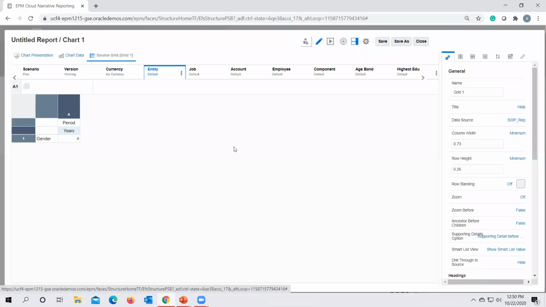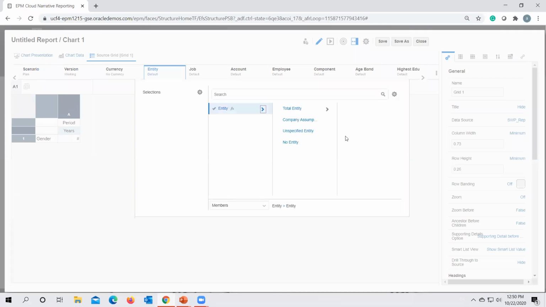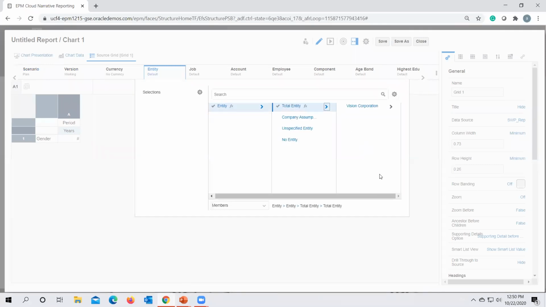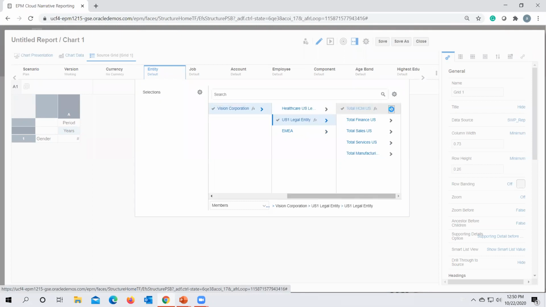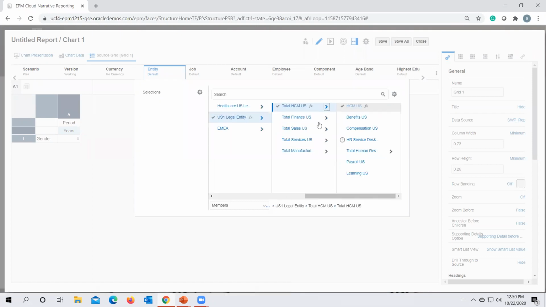Since I am using HCM Cloud, the entity I would be using would fall under the HCM group. So under total HCM US, I'm selecting one of the entities, say HR service desk.